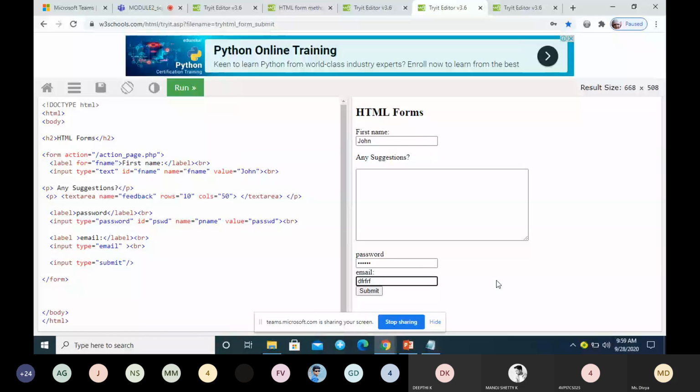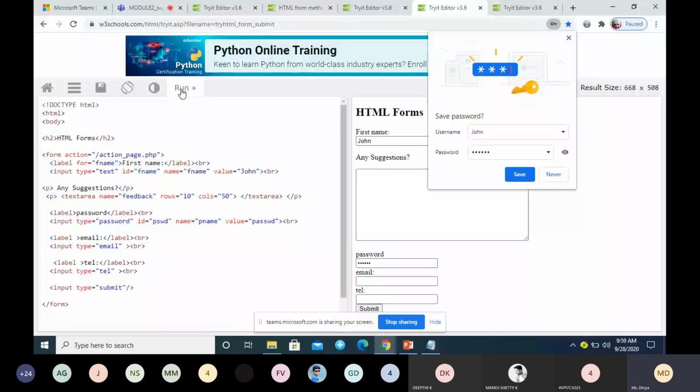Next one is for telephone number. If you want to enter a telephone number in a form, you have to specify type is equal to tel.